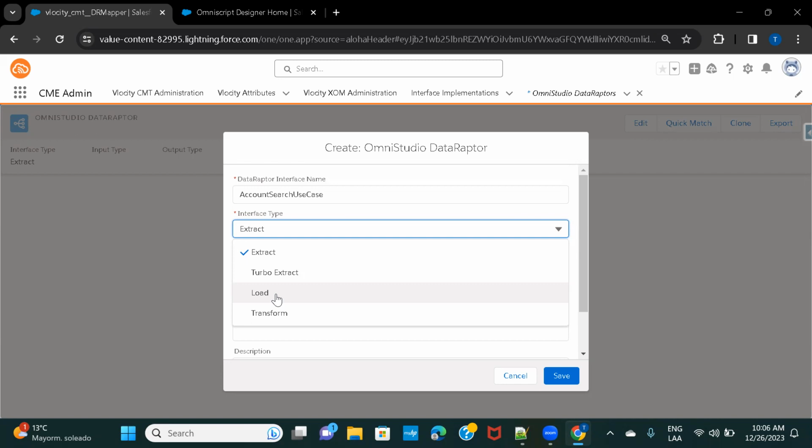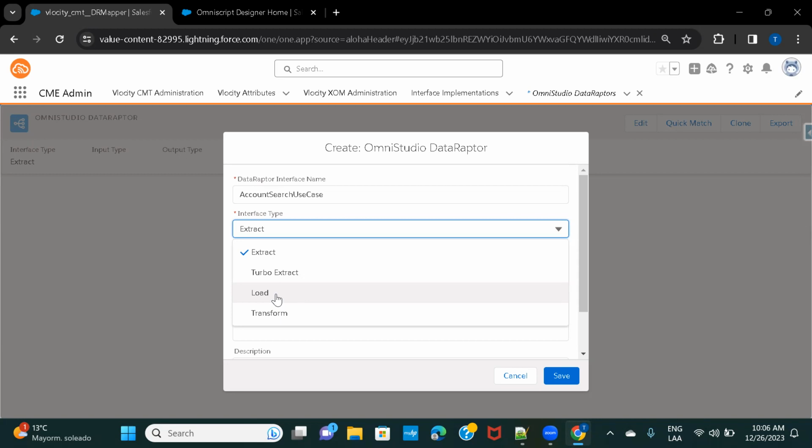Similarly, there might be some other scenarios as well, for example, account and cases. Let's say for every account you want to create a case, then you can do something similar. And also, if you have some data in CSV format, that also, no, sorry, that would actually be in transform. So basically in load, just keep in mind that if you have to load data from a different source,